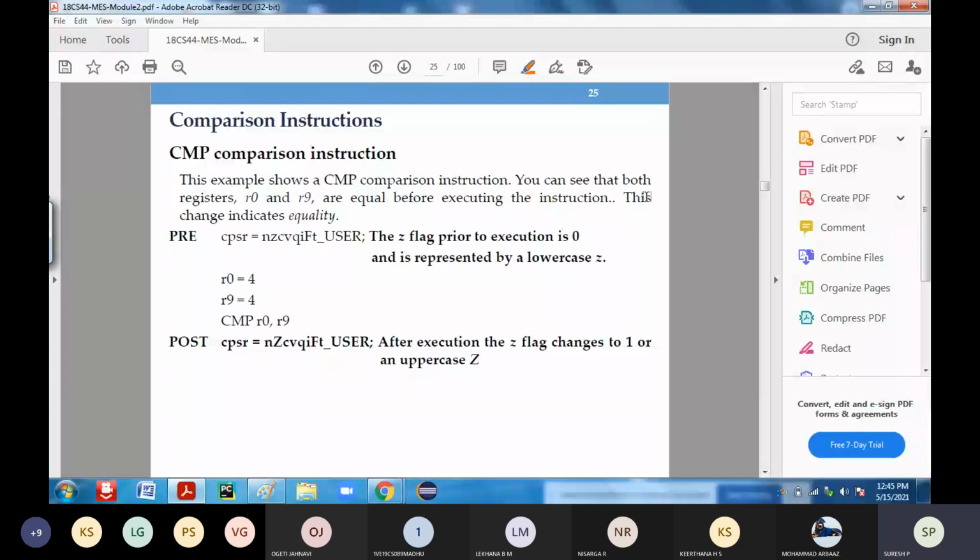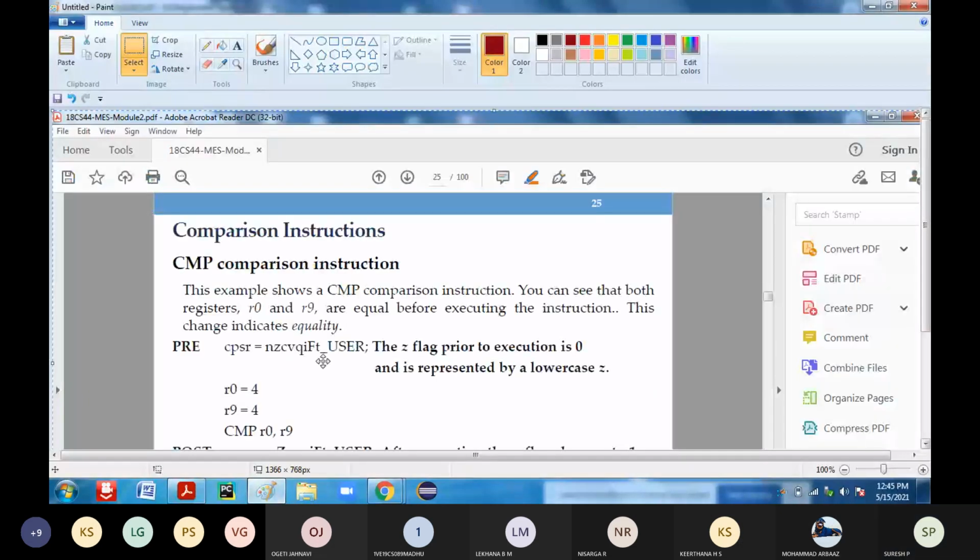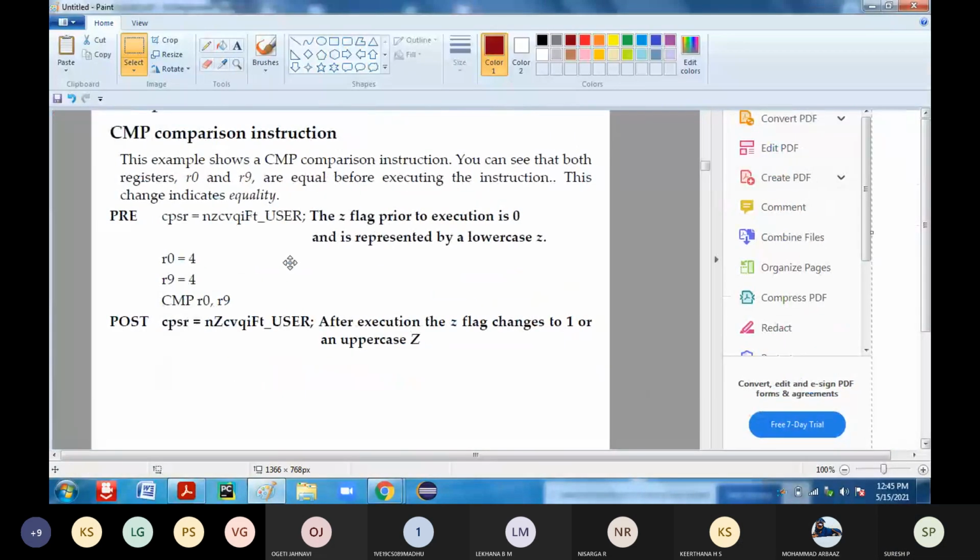So you can see it here, the precondition: compare R0 comma R9. One simple example they have given. These things you have to keep in your mind.